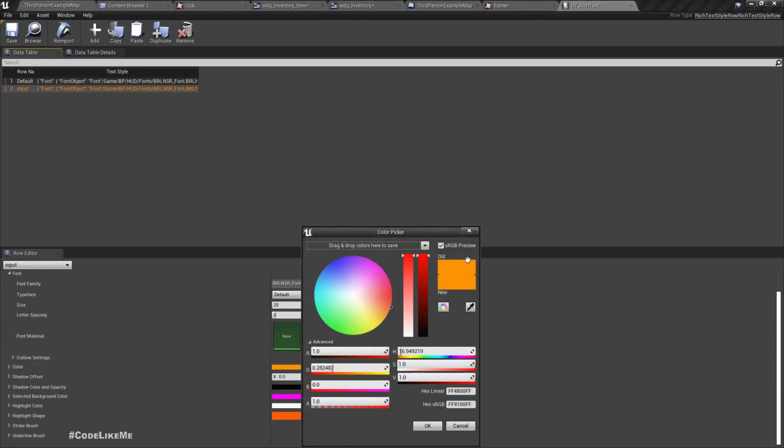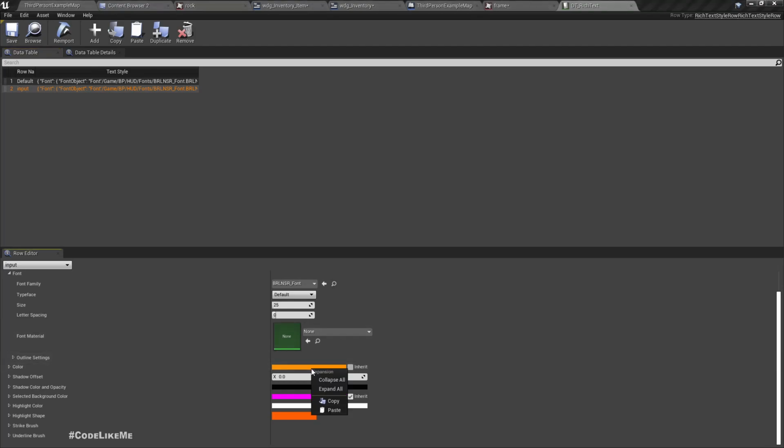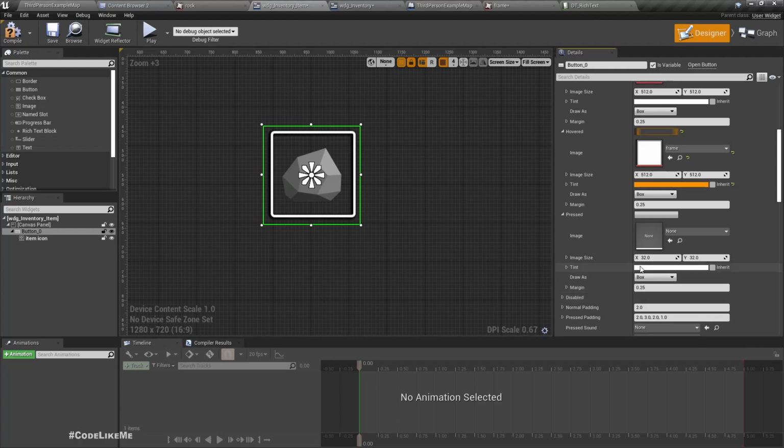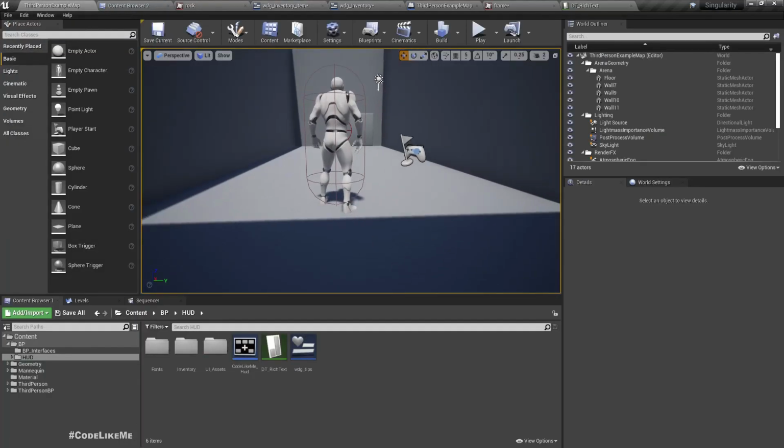This color. Let me copy this color and paste. This is when it's pressed also, I need to have the same color and the same image. Right, now let's